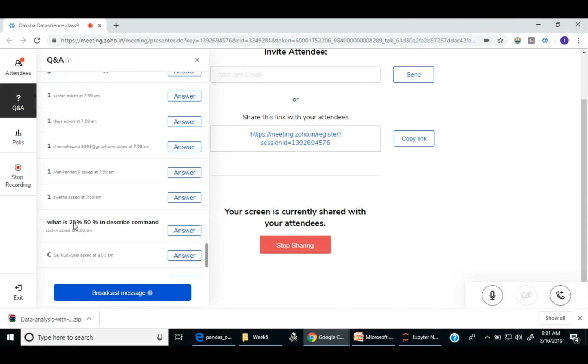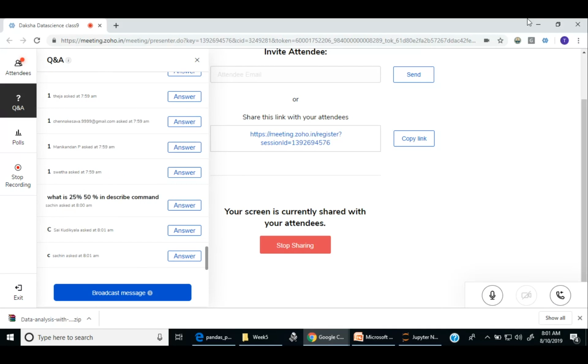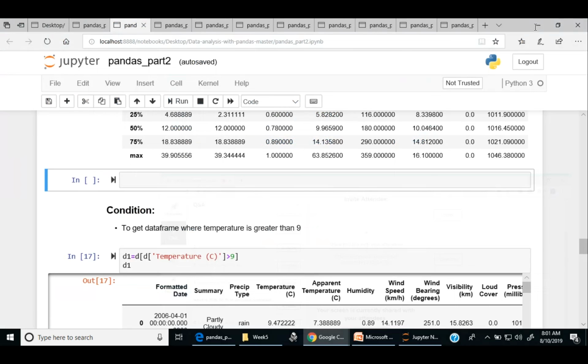What is 25%, 50%, and describe, we will come to know in statistics, Sachin bhai. Okay. Now, what will happen? This will throw me